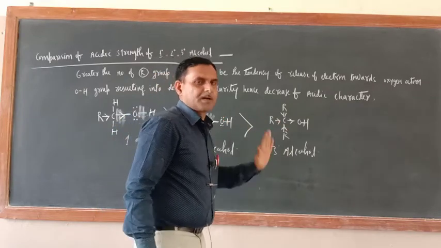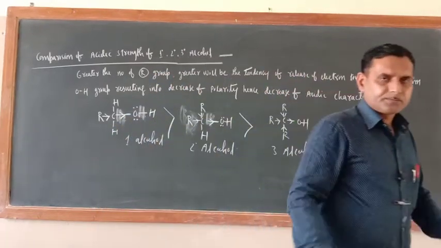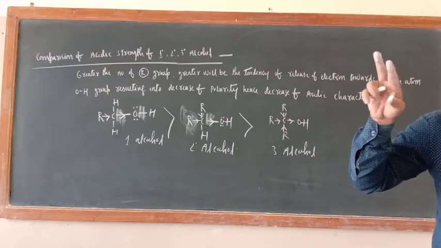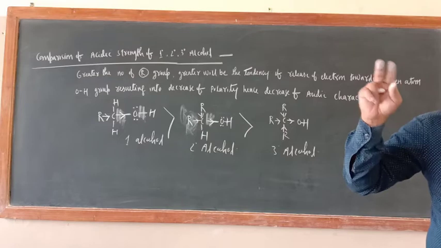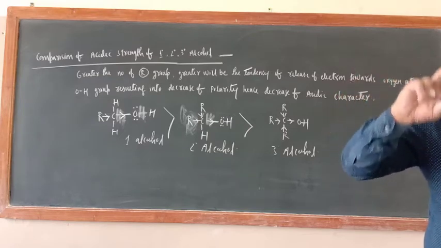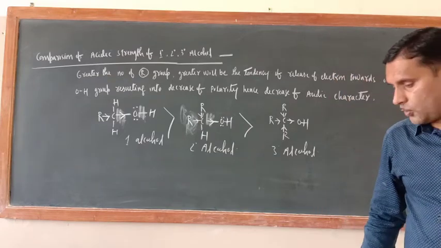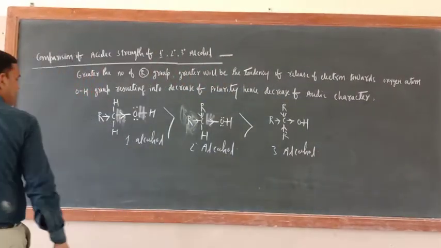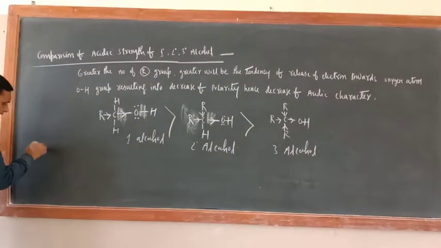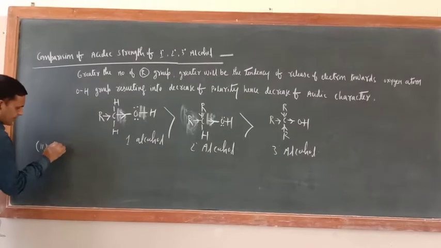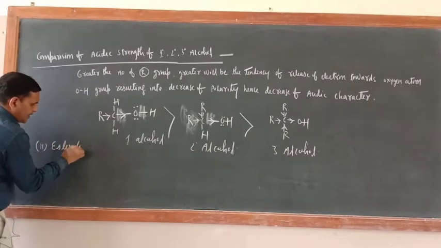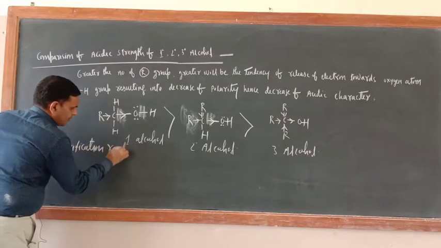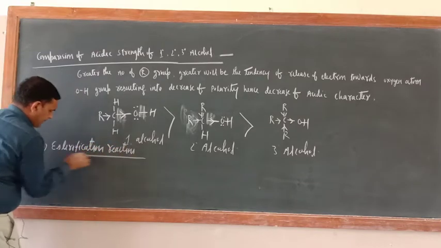Okay, over this one. In this way, one particular reaction of alcohol, where the cleavage of the OH bond is taking place, is completed, especially their acidic nature. Some more reactions are there, because of the cleavage of the OH bond. So the second reaction is the esterification reaction. What is the esterification reaction?